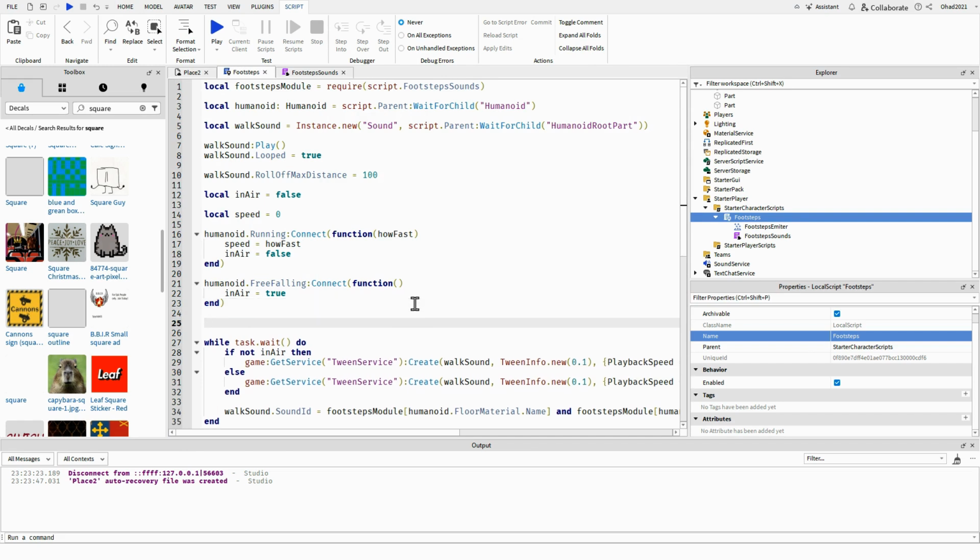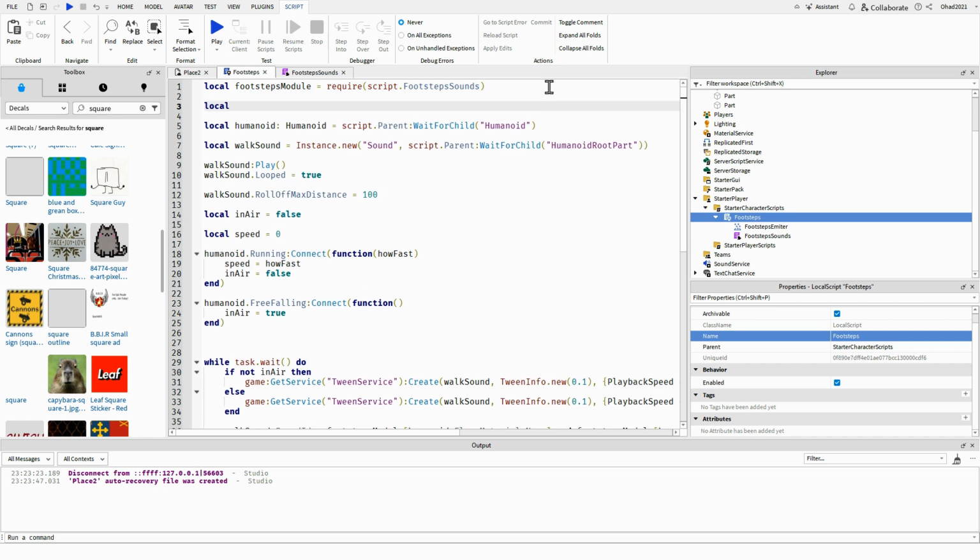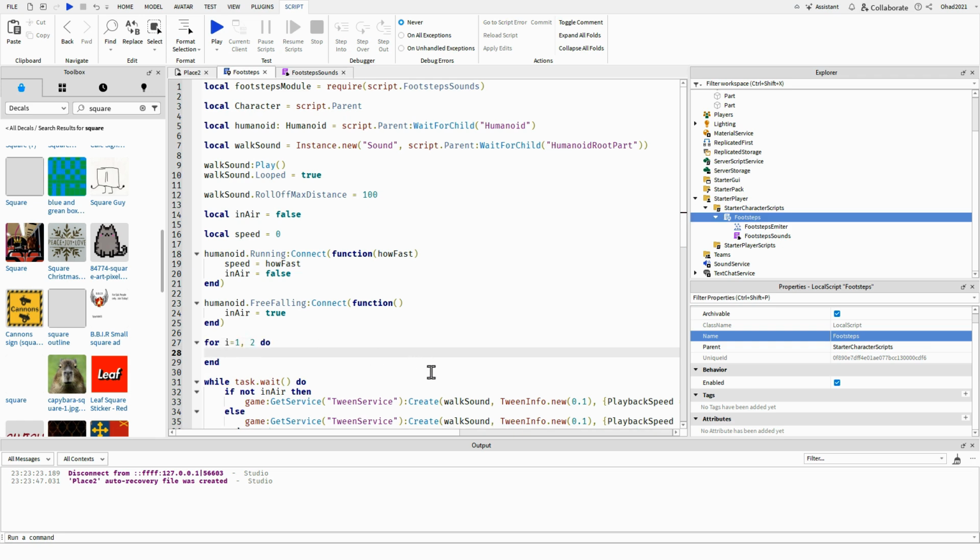And we're gonna get the... We're actually gonna create another variable, so the character is gonna equal to the script.parent, and we're going to get a clone of the footsteps emitter 2 times. So you can create a for loop, so for I equals 1 comma 2 do, and the emitter is going to equal to the script.footsteps emitter clone, and then the